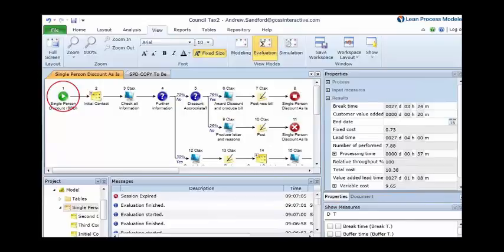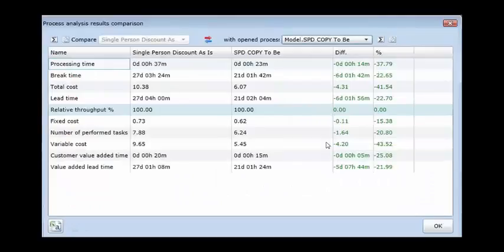And the total cost of that process is 1038. So that's the variable cost, which is the staff, with the fixed cost on top, which tends to be printing and postage cost. So once I've mapped the as-is, that gives me a really powerful tool to be able to talk about how much the process is costing us. I've got it mapped there, I can agree it with the business,